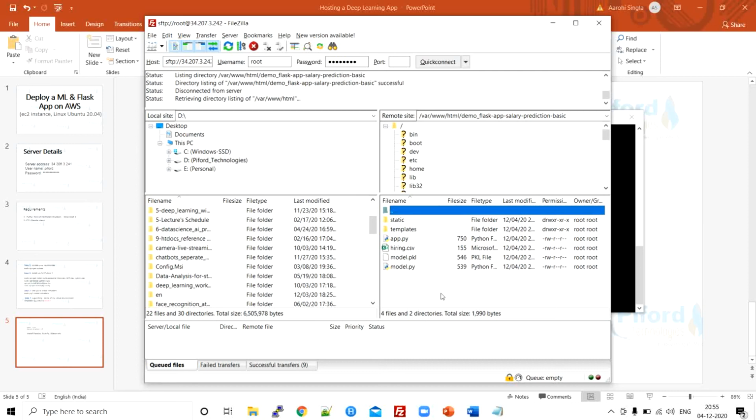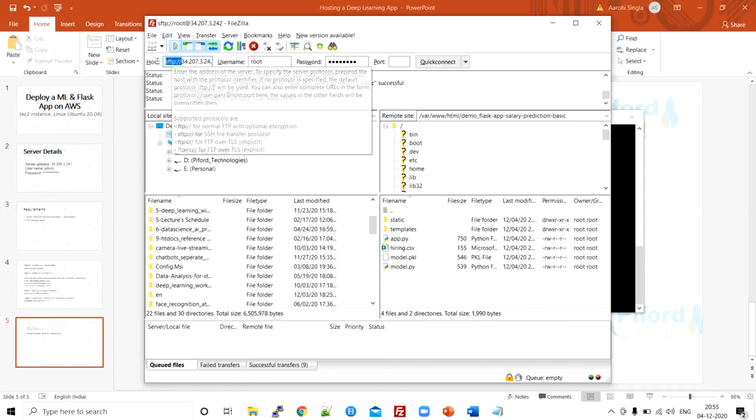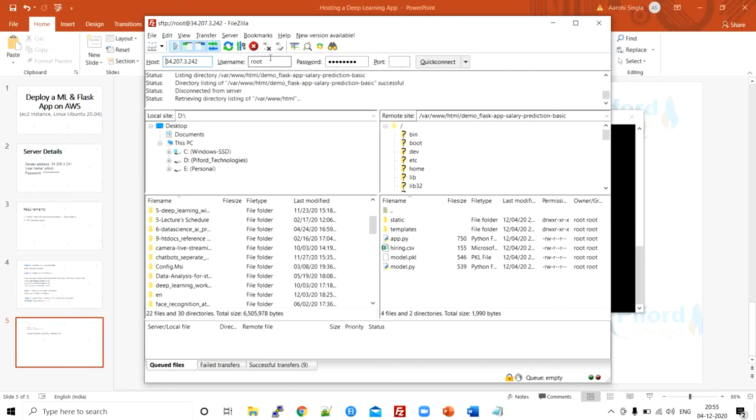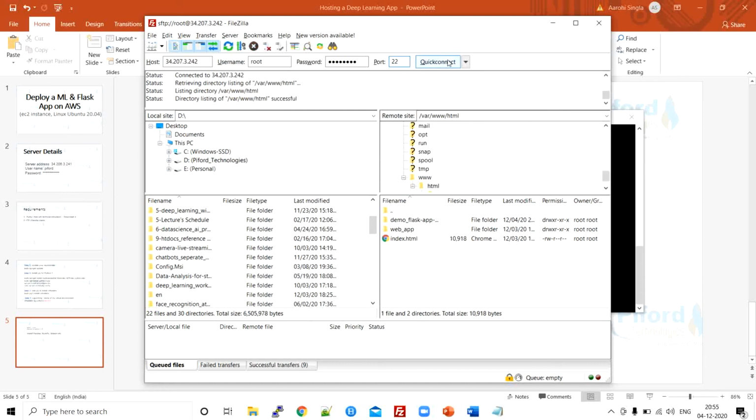Okay, till the time it is executing, let me tell you other things. See this host, username and password. Host, remember the server address which I have told you? What is my server address? This is my server address. This is the username which you get, and over here you need to fill the password, and port number is 22. If you will not fill it, by default it will pick 22 only. Then click on quick connect. When you click on quick connect, this side you will see the files. Before connecting there would be nothing over here on this side, okay? But after connecting, when you see files over here, that means you are connected to the server now.